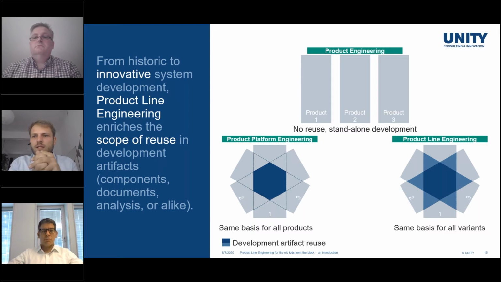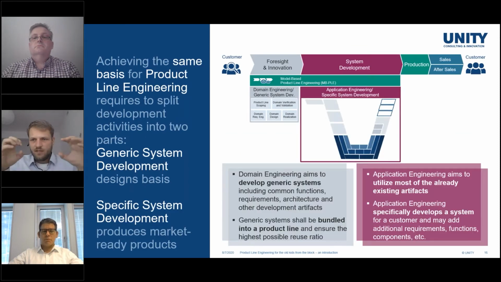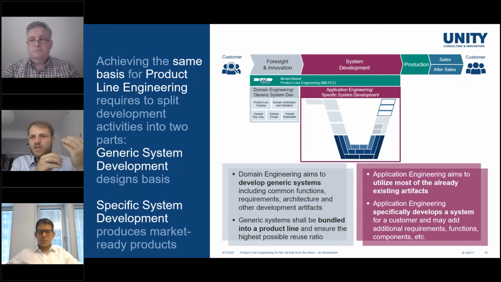And to do that, you always require the same basis. And that's what product line engineering really builds on: you split your development activities into two parts. The first part is so-called domain engineering, which can also be called generic system development. It builds the basis for your product line by applying a set of different processes, such as architecture definition, design, requirements management, etc., to